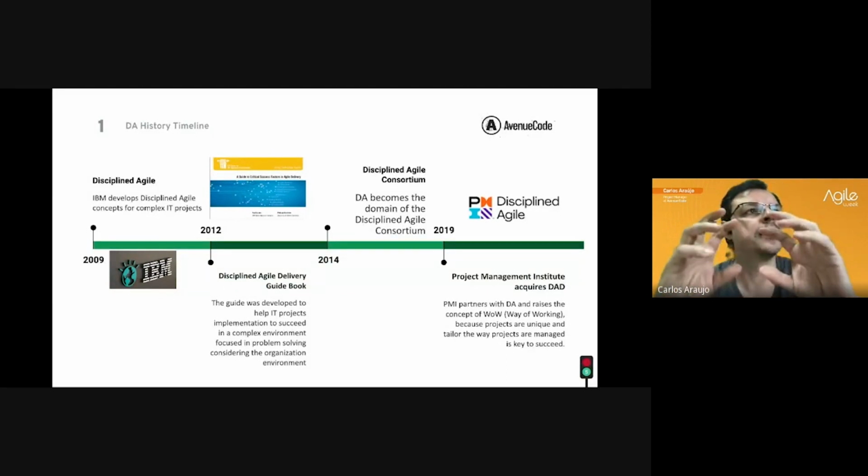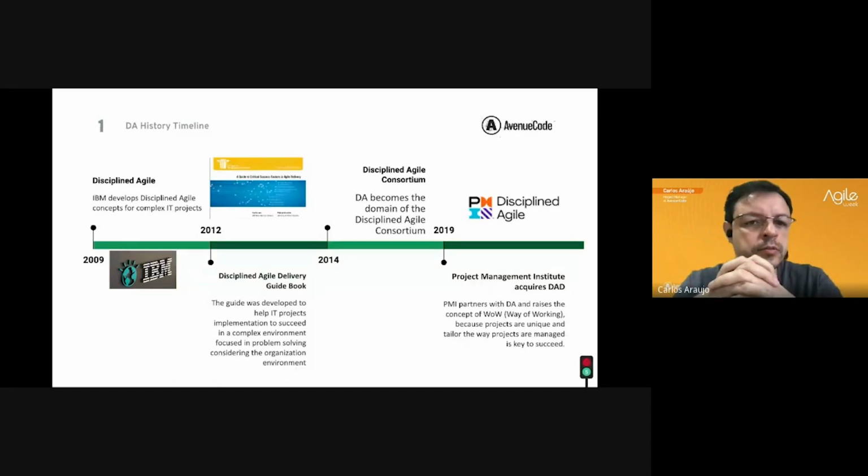So here again, we talk a lot about context. Okay, so why the context matters, that the context counts. After that, from 2012 until 2019, Disciplined Agile became part of a consortium with different companies and institutes that started to work with this tool, until 2019, when PMI acquired DA. Okay,